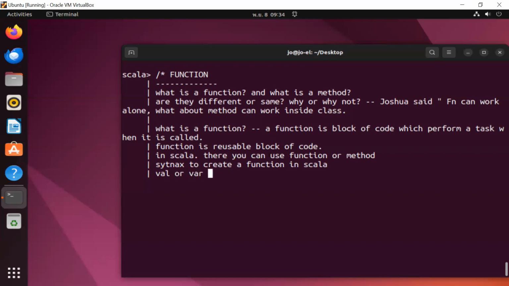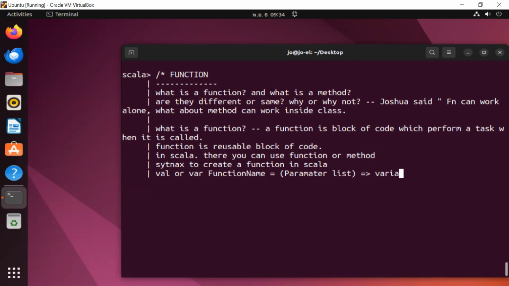You create it as a variable, followed by the function name, followed by the parameter list, or list of parameters, and then followed by the arrow, and you initialize your variables.